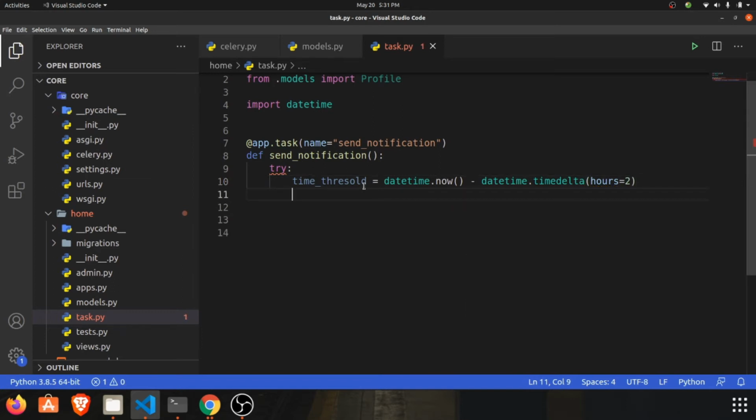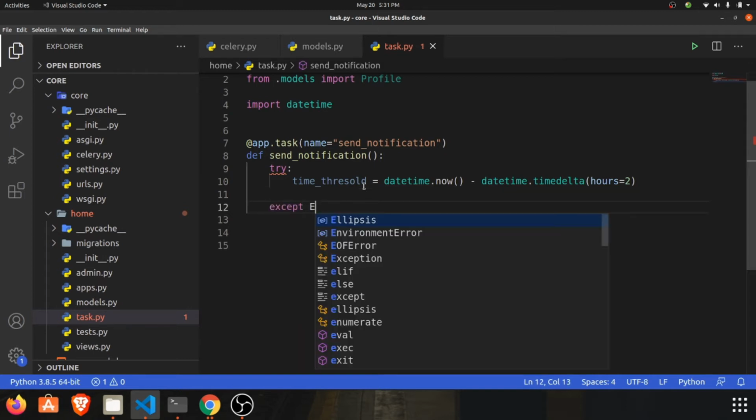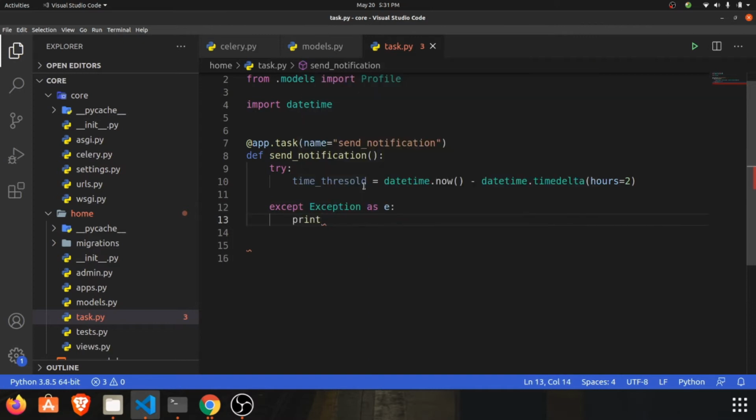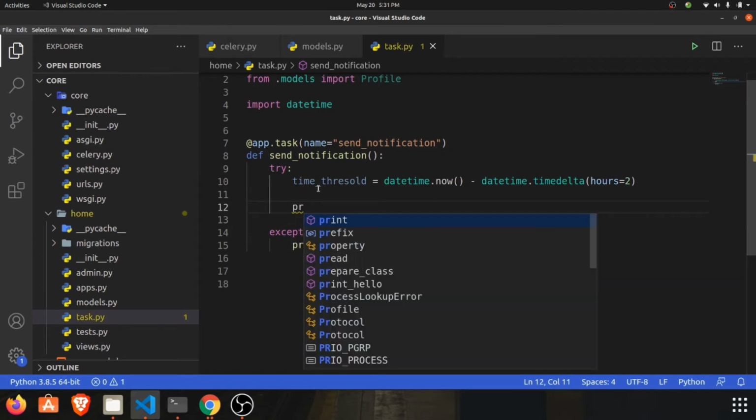So we are getting the time threshold. Then the exception: except Exception as e, print e. So we have got the time, and we need to grab the profile objects.